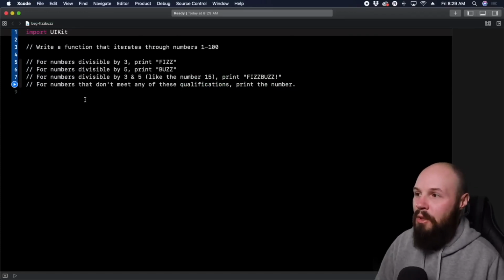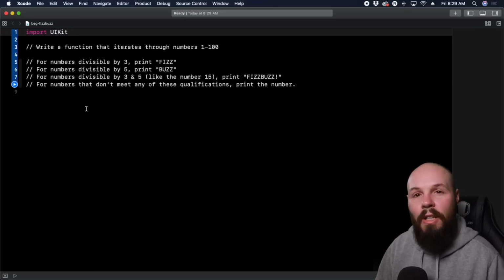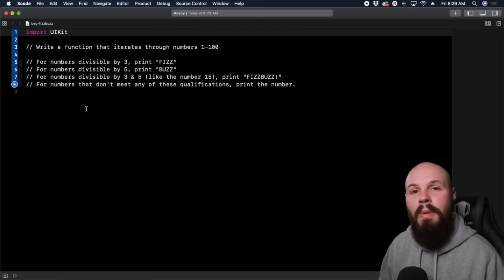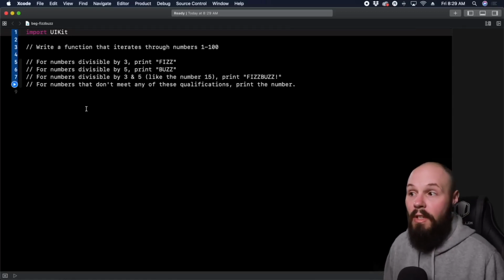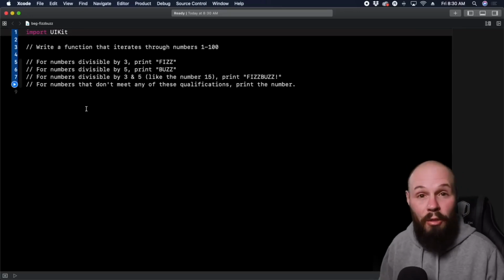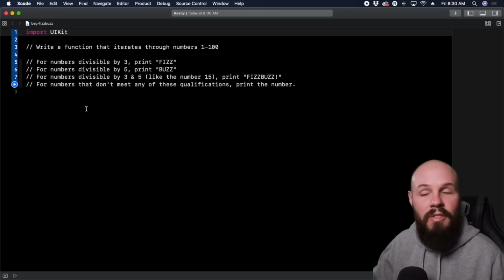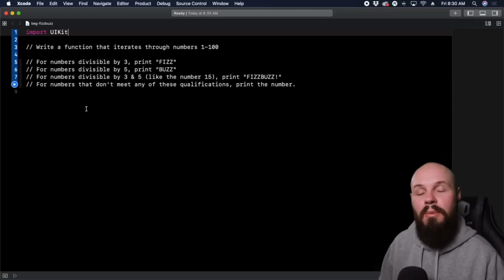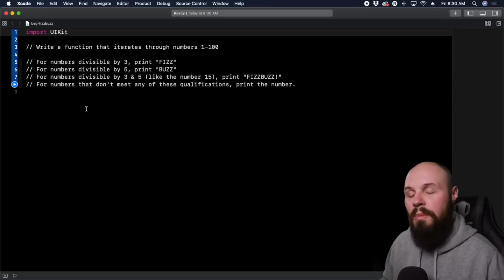Okay, so here are the instructions. Write a function that iterates through numbers 1 through 100. And as you're going through that list of numbers 1 through 100, if the number is divisible by 3, print fizz. If the number is divisible by 5, print buzz. If the number is divisible by 3 and 5, like the number 15, that's when you print FizzBuzz with the exclamation point. And then if the number doesn't meet any of those requirements, go ahead and just print out that